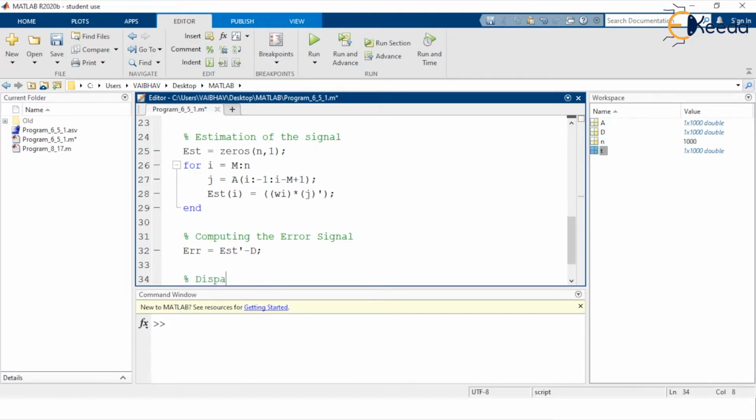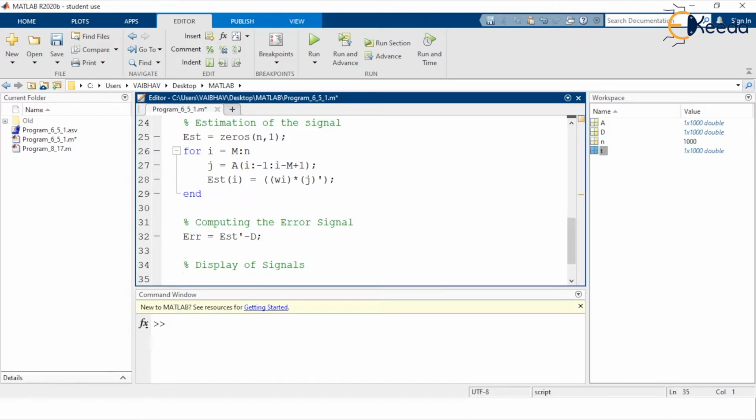So here we have the model polarization, the display of signals. Initially, as we have four signals to be displayed, we shall make use of the subplot command, and we will have it distributed into 4 by 1, and to the first cell we are going to make the assignment. So here we shall have the subplot as 4 rows and a single column.